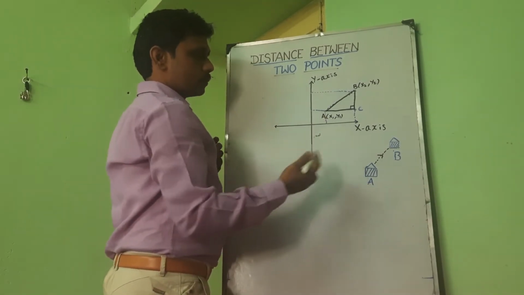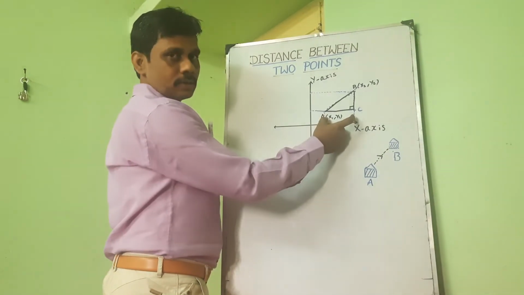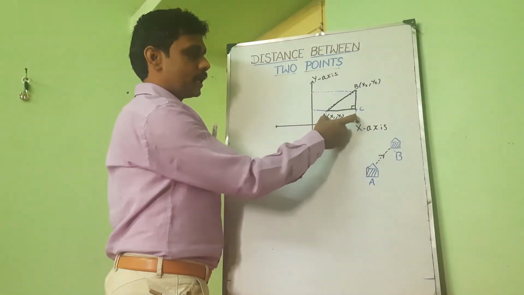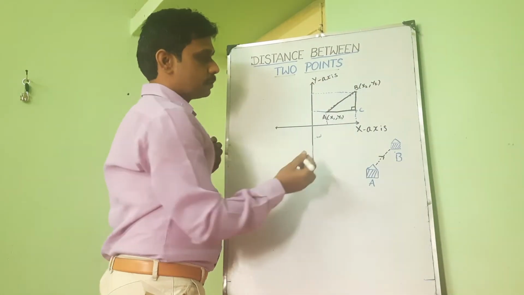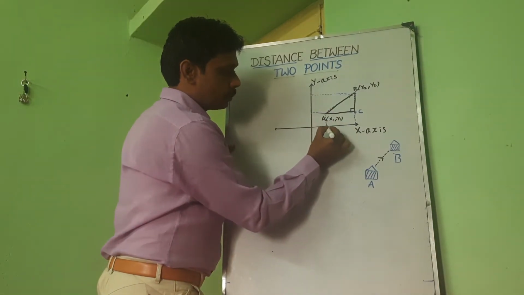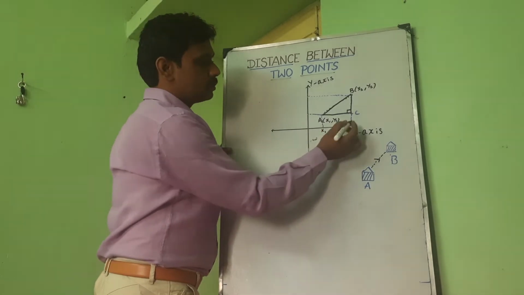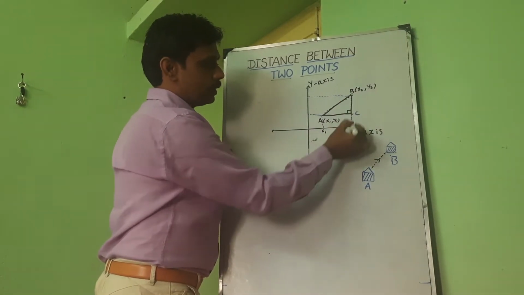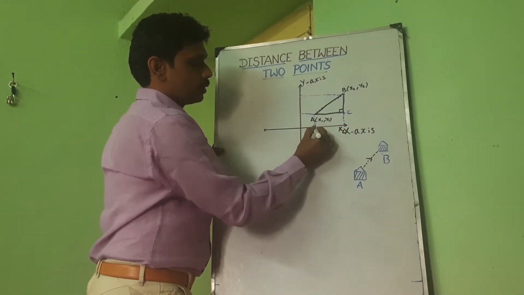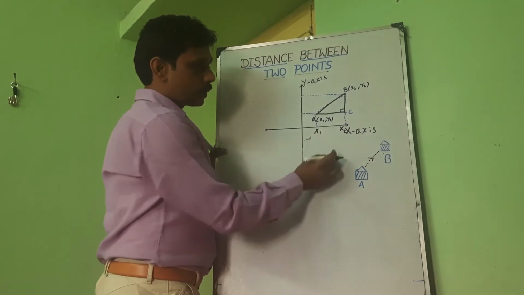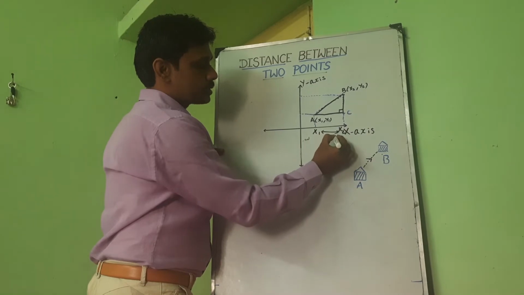So to solve further, we need to calculate the distance between these 2 points. That is, what is the value of the distance between A and C. Similarly, we need to calculate the distance between B and C. For that purpose, you are drawing a perpendicular, so the value becomes x1 here, because it is on the x-axis. Similarly, the perpendicular point from B will be x2 here. This is x1 and this one is x2. Okay, so the distance between A and C is nothing but x2 minus x1.